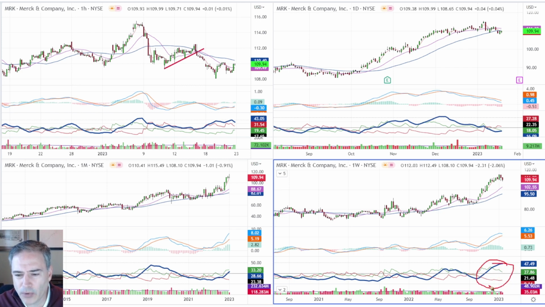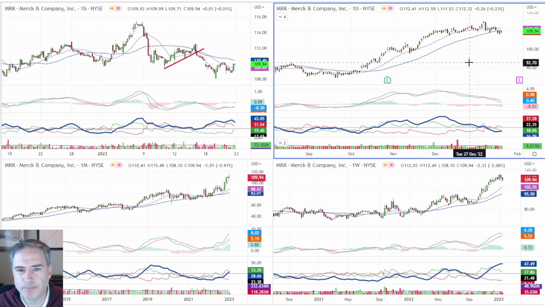Now, this whole part of the equation is less important to me in this type of trade because I'm not really looking for any kind of a reversal or anything like that. I just want to look for a check back. And I don't even care if it comes back to the 18-week because I don't even need that much, and I'll show you why. So when we go to the daily chart,